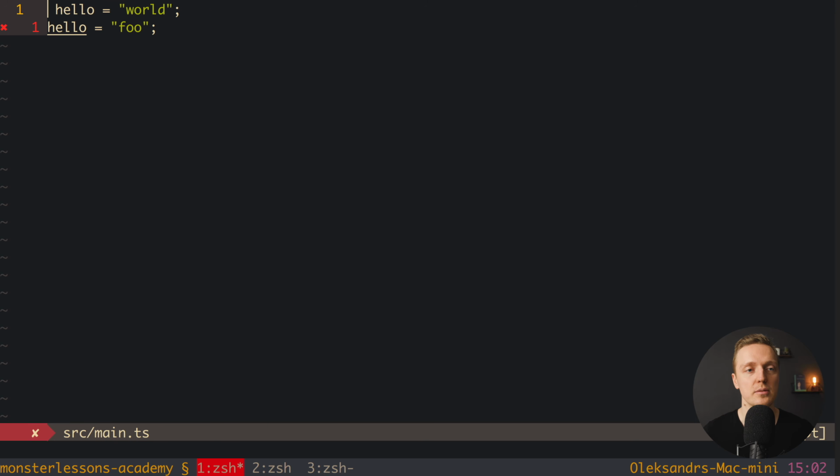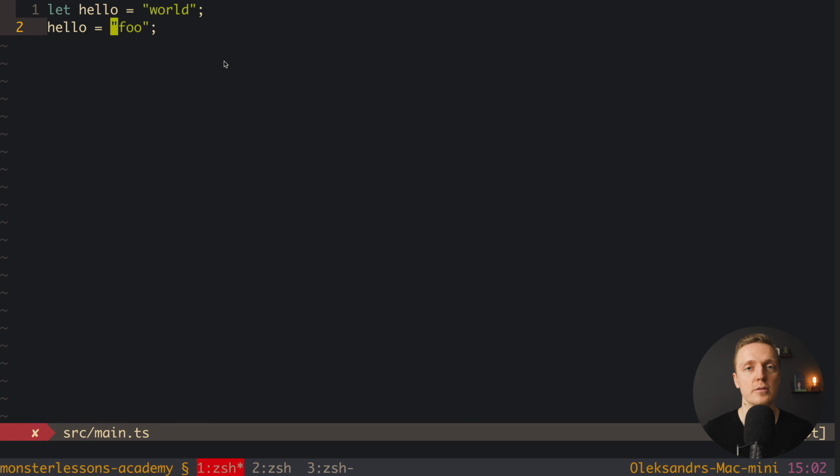For this we're using let. And if I'm writing here let and inspect this variable, you can see that we have hello variable, then colon, a string, which means in this case it is string because we're allowed to change it later. This is why in the second line here we can see that hello now is string and we are allowed to change it. But here is the super important part.